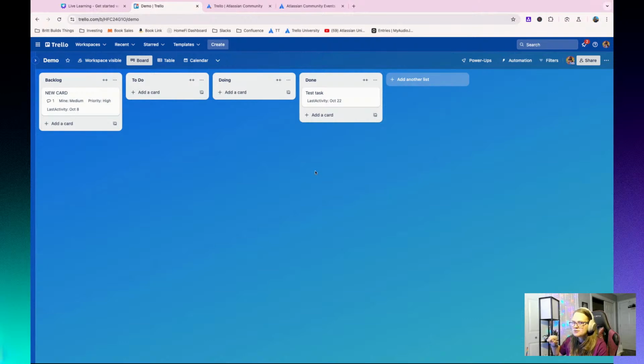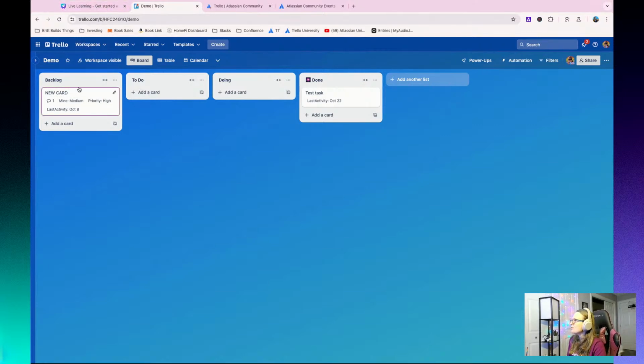By the way, let me show you a quick fun Easter egg. If you put a firework emoji in a specific list name, it could be any list name, whenever you drag a card into that, it's going to spray confetti across your screen. So I can't guarantee that will improve your productivity, but it is really fun, so you should try it.